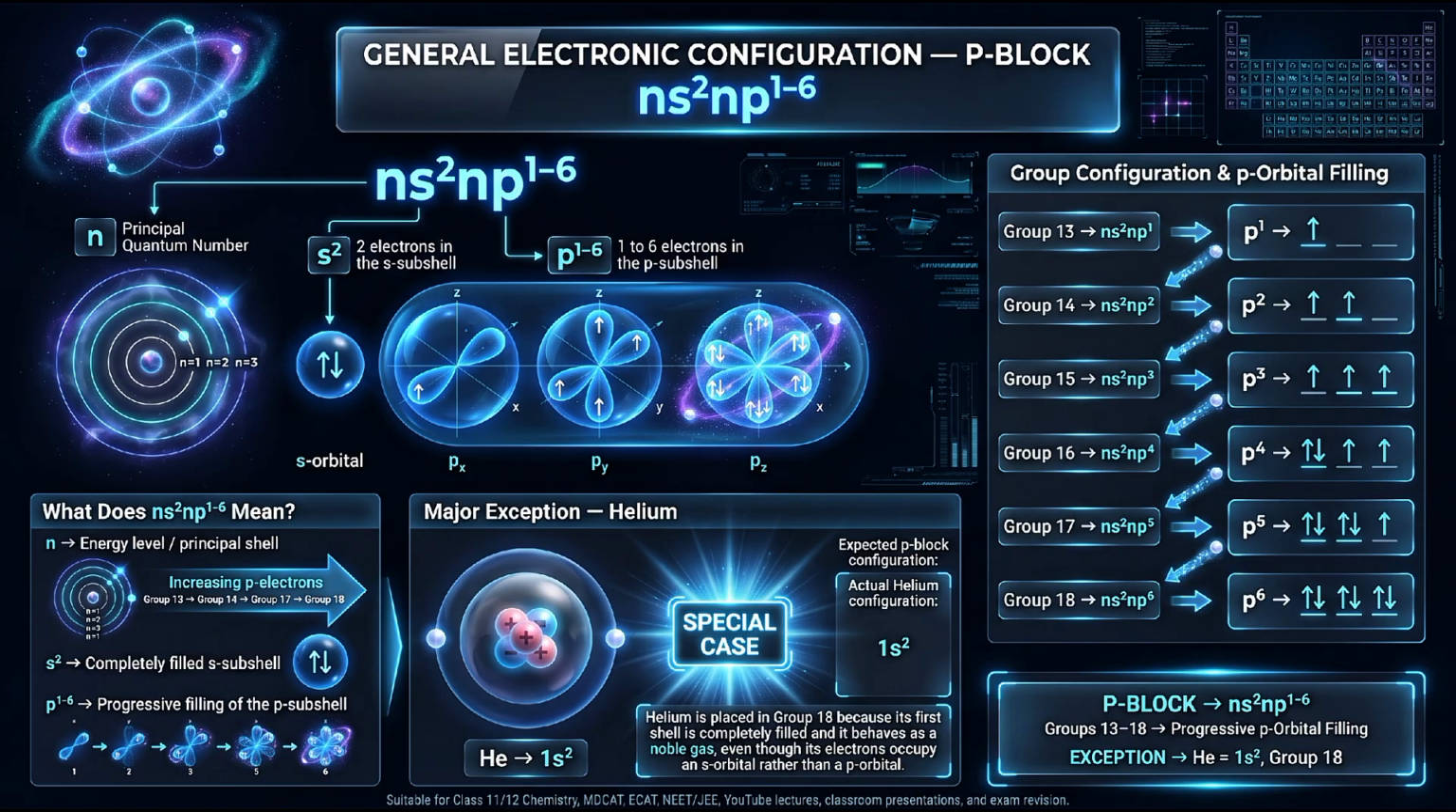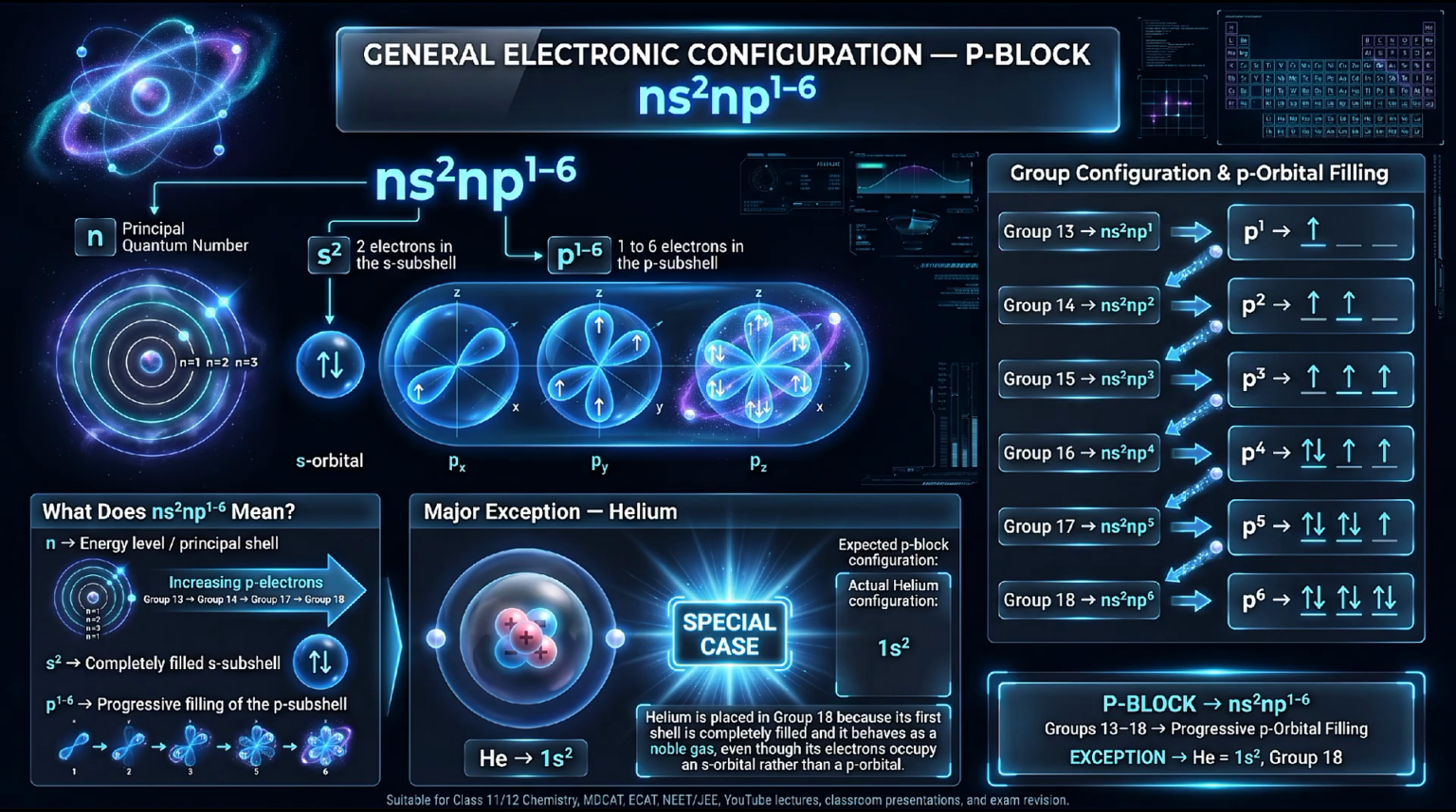The filling of the p-subshell takes place progressively. The first p-block group, group 13, has 1 electron in the p-subshell, so its general configuration is ns²np1. When we move to group 14, 1 additional electron is added to the p-subshell, giving ns²np2. Group 15 has ns²np3. Group 16 has ns²np4. Group 17 has ns²np5. Finally, group 18 has ns²np6. In this way, the number of p electrons increases step by step from 1 to 6 as we move